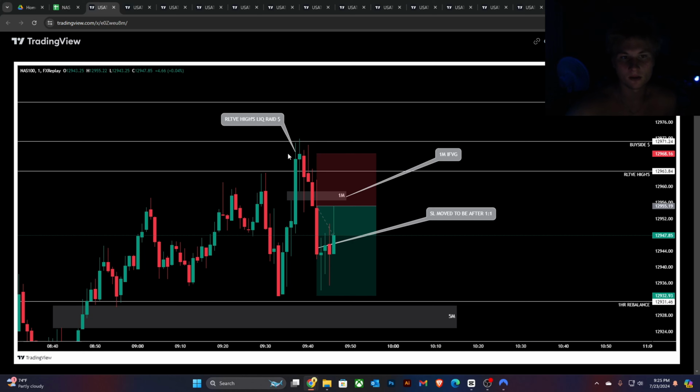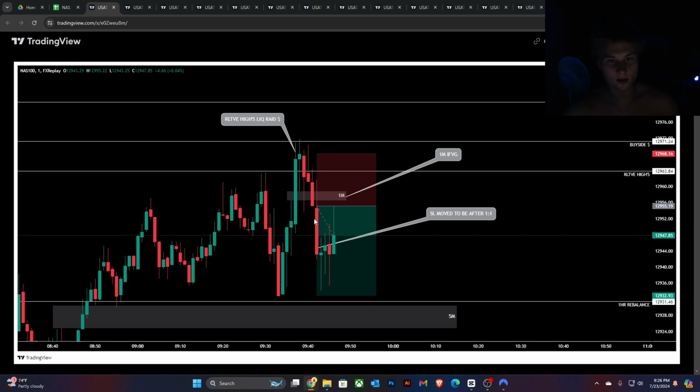We had relative highs here, which are almost like equal highs, but they're just not completely equal. So yeah, relative highs swept here for liquidity, so that gave us the momentum to the downside. Then we inversed this 1 minute fair value gap here, closed below it on the 1 minute, boom, entry right there. Had my stop at the bodies of the candles, and basically on this push right here, this is what